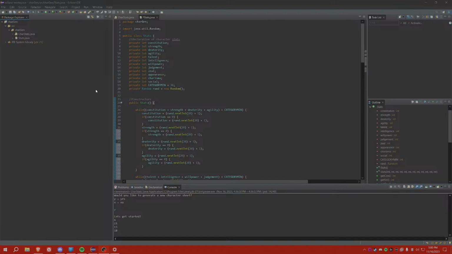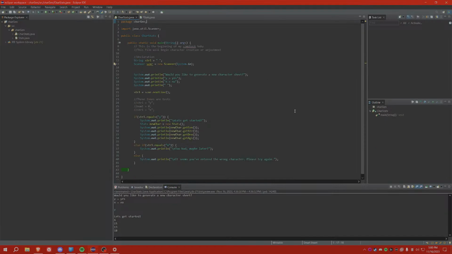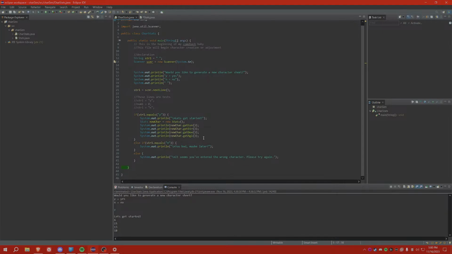Alright, so this is a character generator that I had been working on quite a long time ago. But I lost all of my progress because that was several computers ago, and I guess I never saved it. If I did, it's probably somewhere in my OneDrive, and I don't really care enough to find it. So I decided to start over. I've worked on it for probably a couple hours already, and I've got just a pretty rough random generation currently